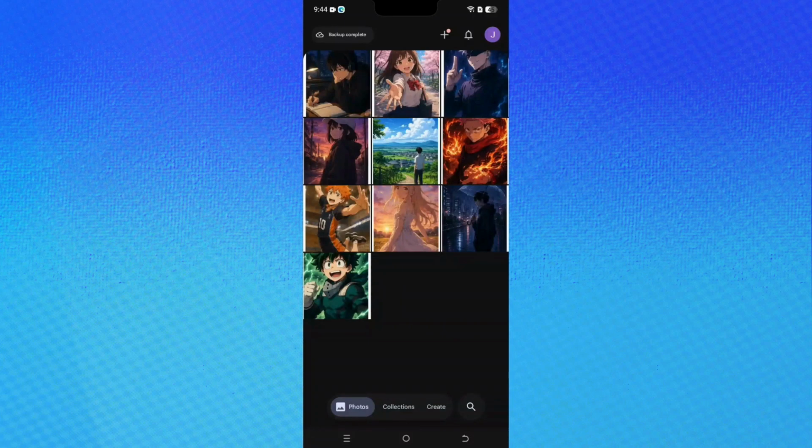In today's video, I'm going to teach you how to access Google Photos from other devices. If you want to view your saved pictures and videos on a different phone, tablet, or computer, the process is very simple. The main thing you need is access to the same Google account where your photos are stored. As long as your images have been backed up to Google Photos, you can open them from almost any device